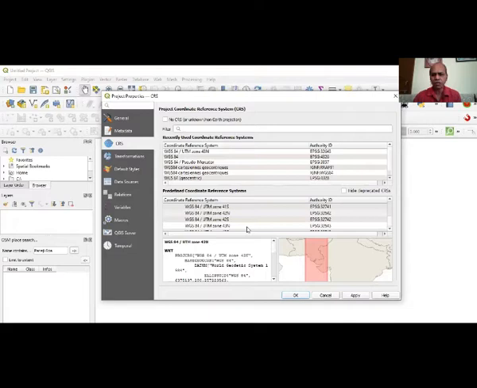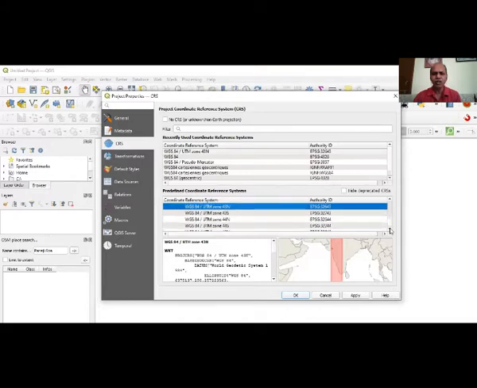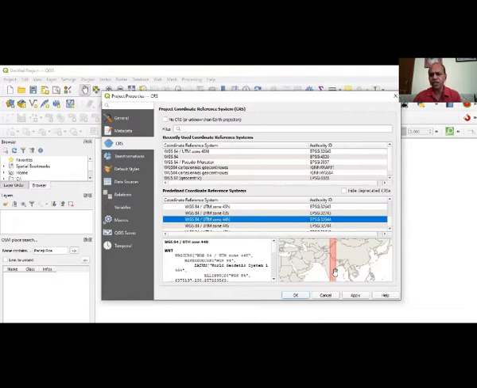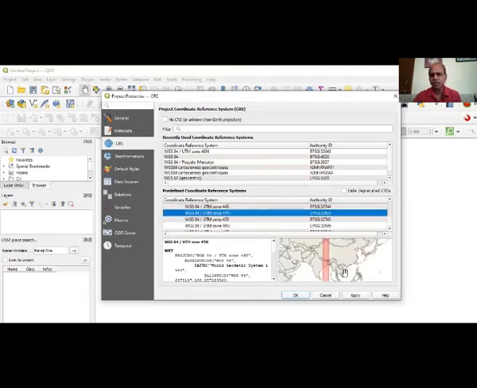So that is how I am going to click here 43 north. It will shift back to this one. In the same way, if I go for 44 north, it will further shift to the east. And if I go for 45 north, it will further shift to the east.